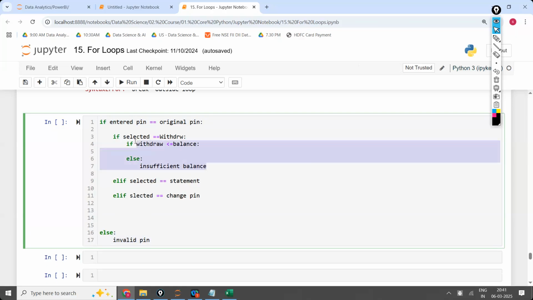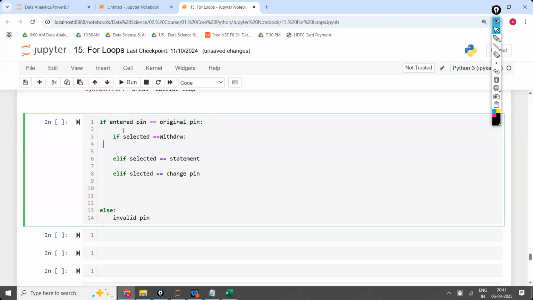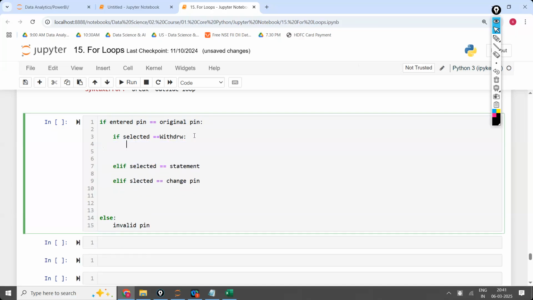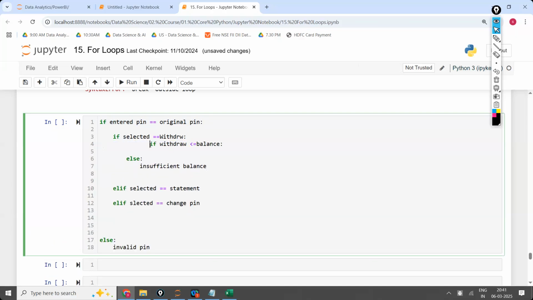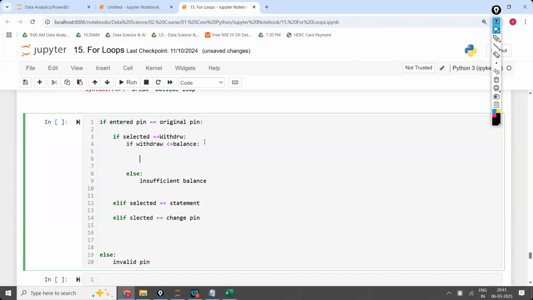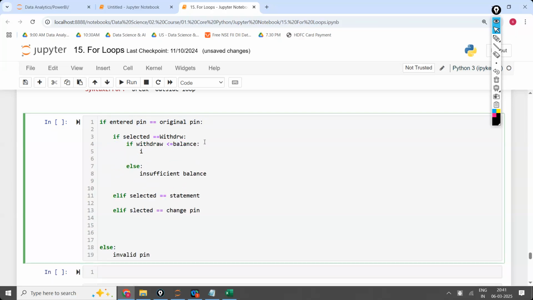Later I have selected this one, which is on the same indentation. I have completed this. Later I came into this one. Again I am writing this one, which is on the same indentation. Internally again I am writing if the balance is less than the balance, and if the person is asking a withdraw amount less than the balance also,